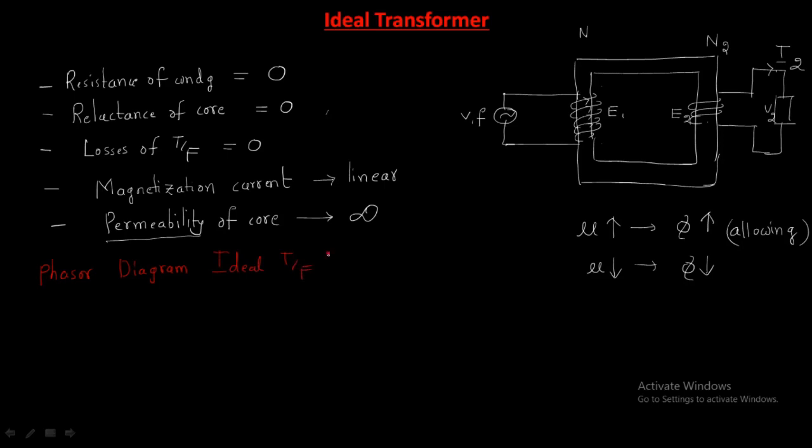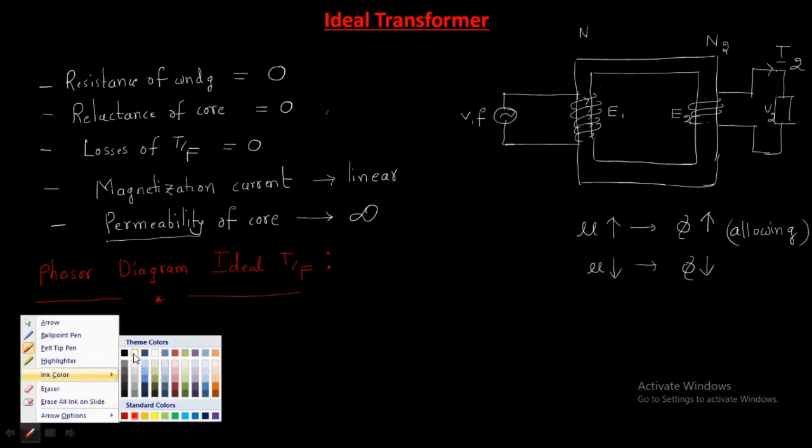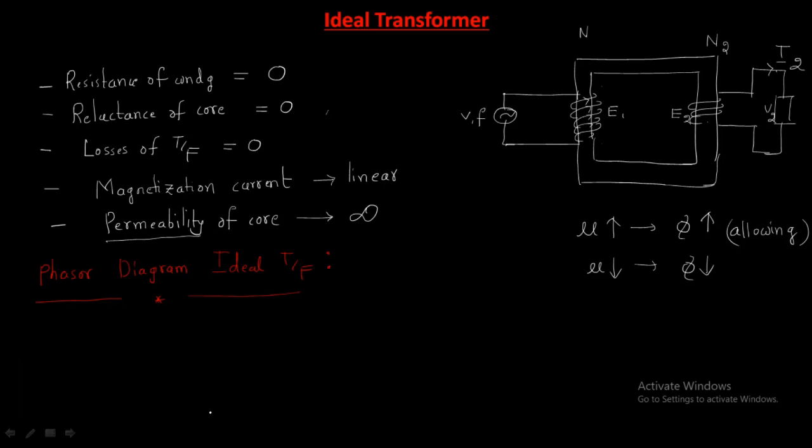It doesn't have any resistance and reactances, right? So in order to write the phasor diagram, what is the reference value? What is the constant value? By observing all these things, what is the constant value? If you observe clearly, the power and frequency is the constant term.